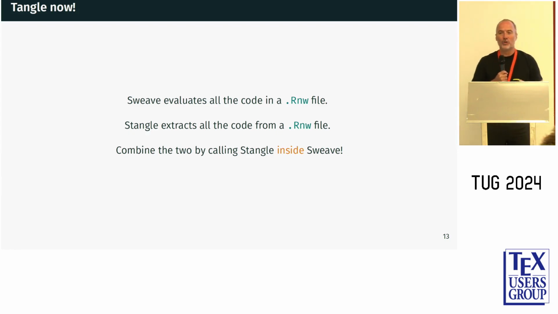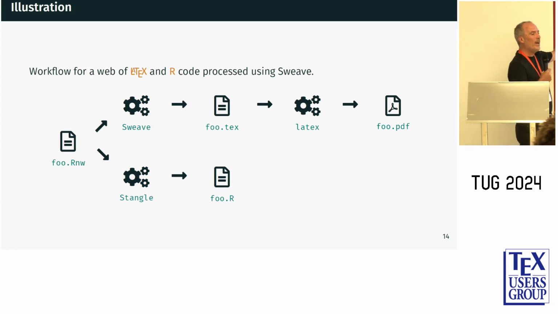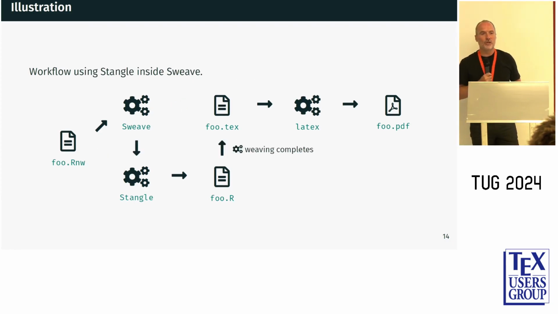So that I can create the source files on the disk and then reuse them after a while. So that's the trick, basically. Remember this diagram that I showed earlier? Where we had very separate paths between weave and tangle. Well, what I basically do with my little trick is to go this way